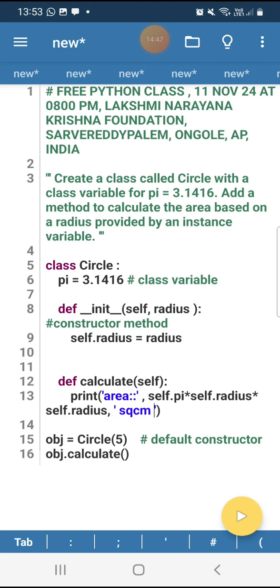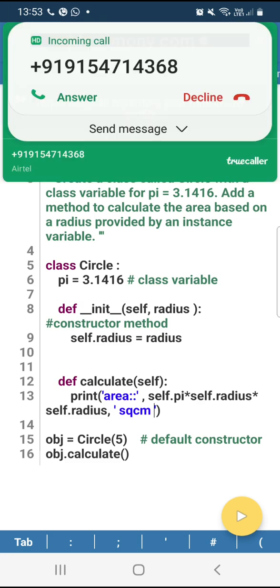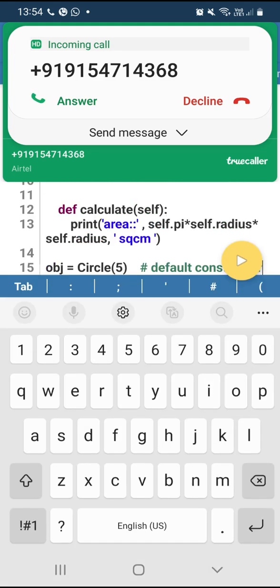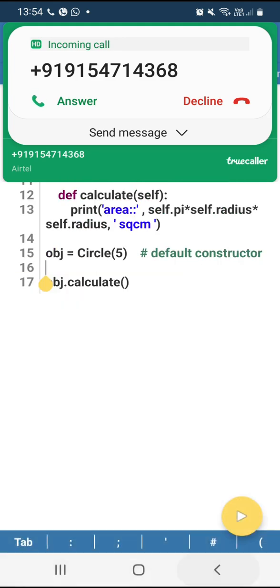It will be initialized when the class is started. The class is initialized at that moment to assign the values for the object properties. Here, what are the object properties? Okay, radius is called the instance variable. So for that instance variable, whenever an object is created in the 15th line,